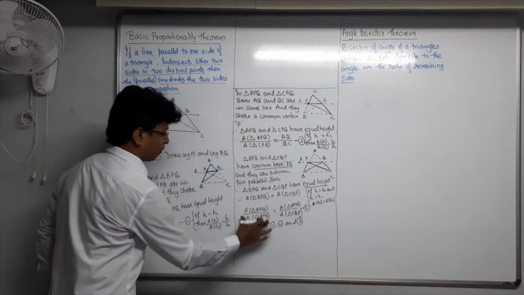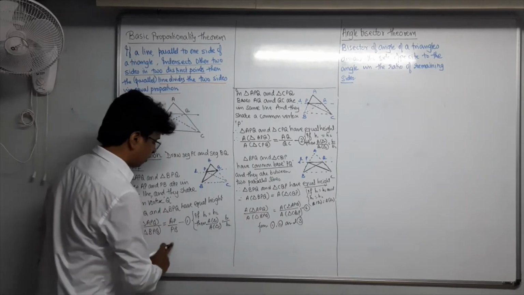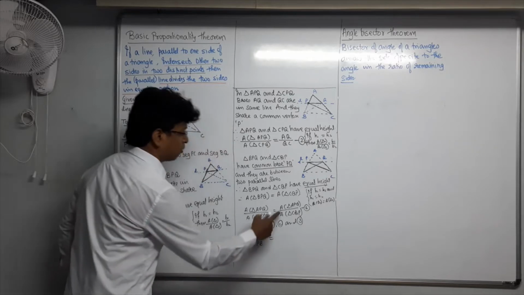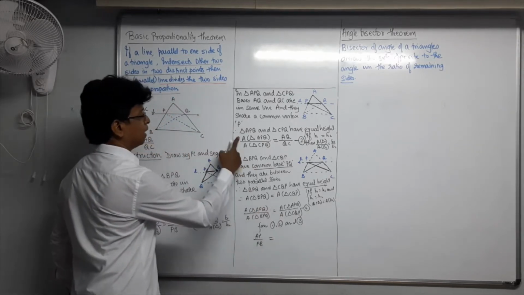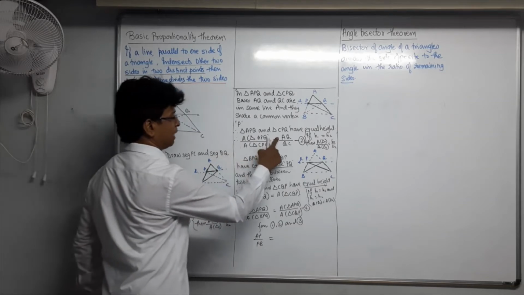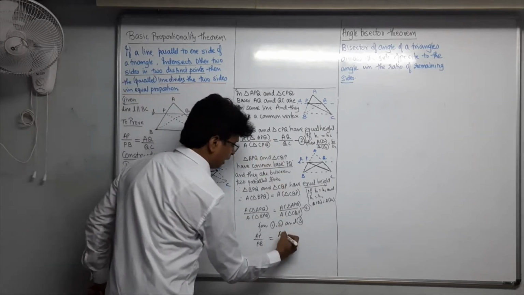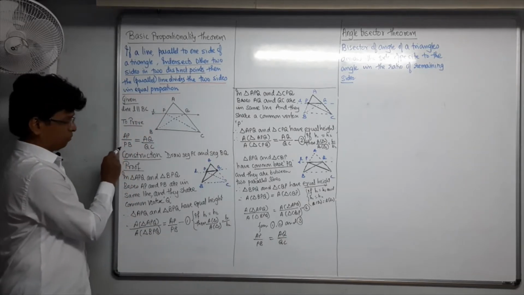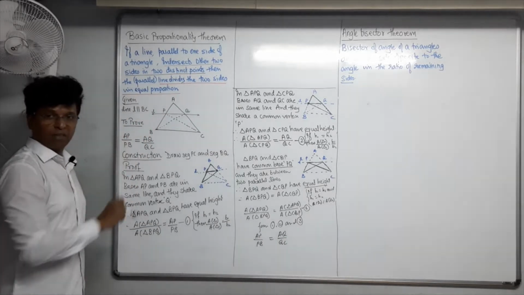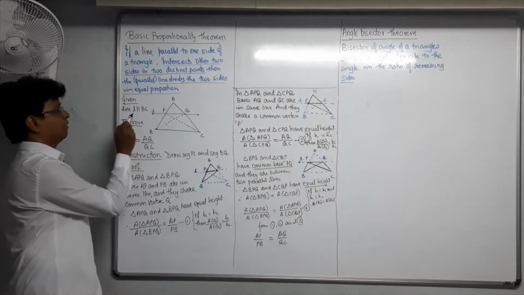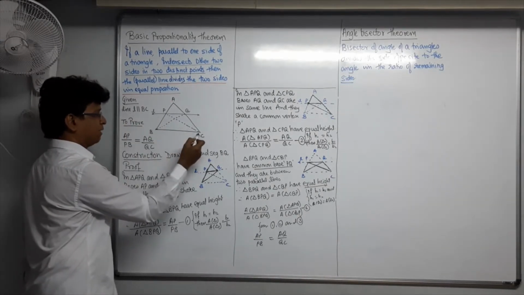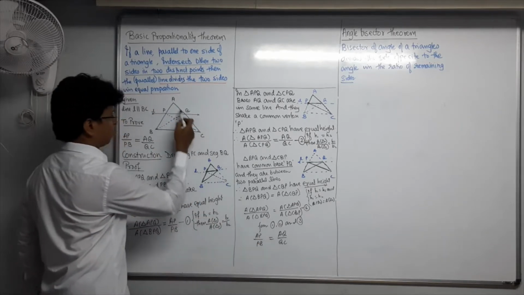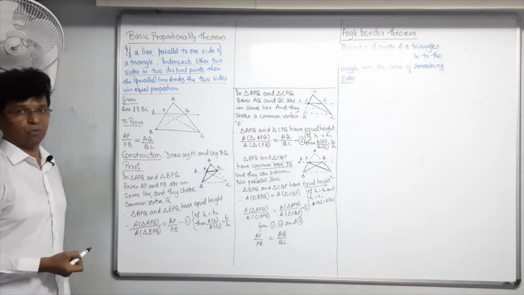In 3 you have got APQ upon BPQ. What is that APQ upon BPQ? AP upon PB. AP upon PB will be equal to APQ upon CQP. APQ upon CQP is AQ upon QC, and this is nothing but AP upon PB is equal to AQ upon QC. You have proved the theorem. You have proved that whenever a line is parallel to a side, then AP upon PB is going to be equal to AQ upon QC. You have proved the theorem now.